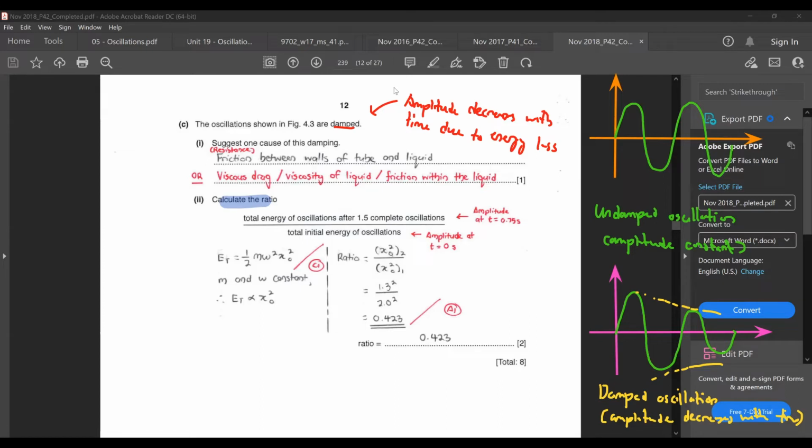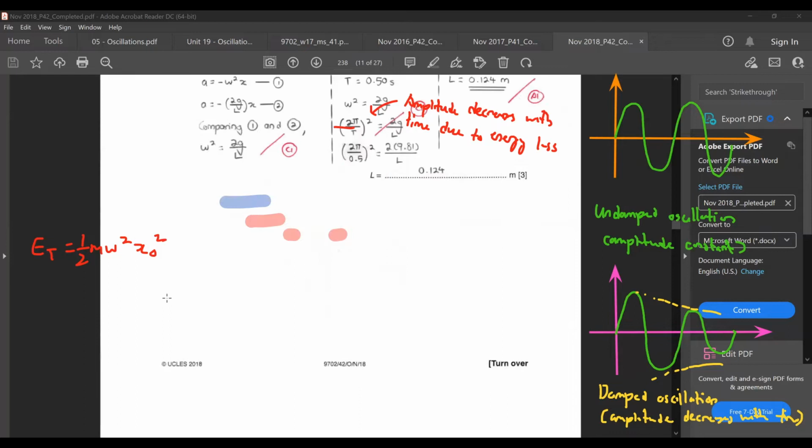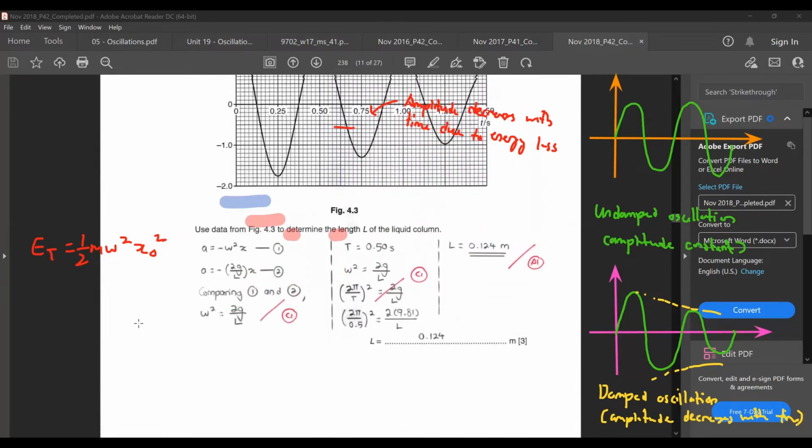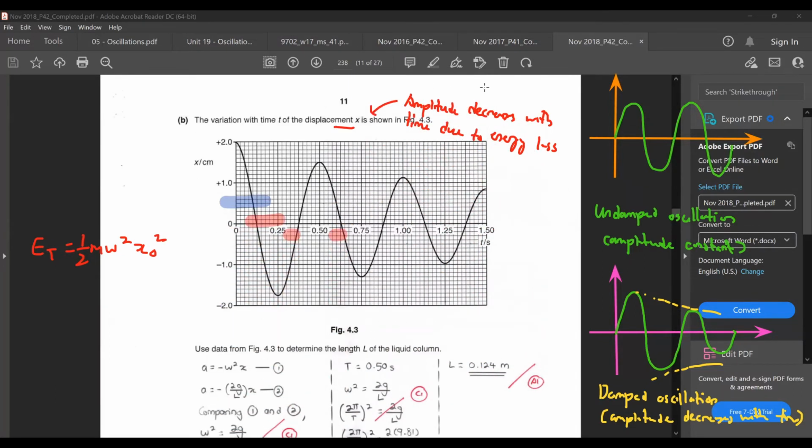you see they mentioned total energy, right? You already learned that when it comes to total energy, it is half m omega squared x naught squared. You really need to use your amplitude values here. So let's have a look at your graph again. If I look at the graph,